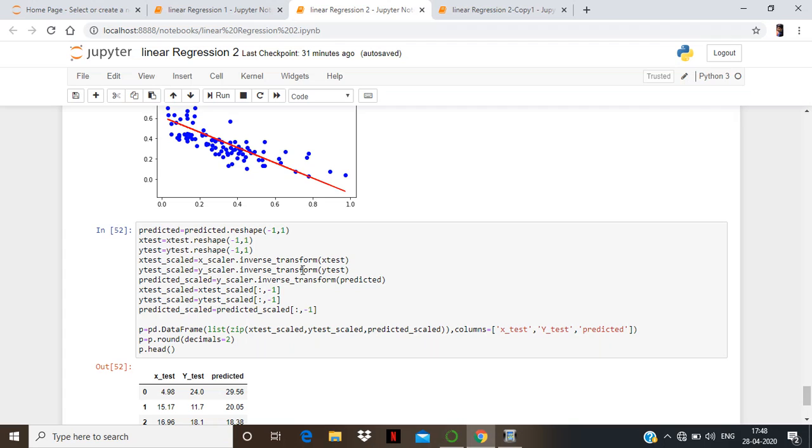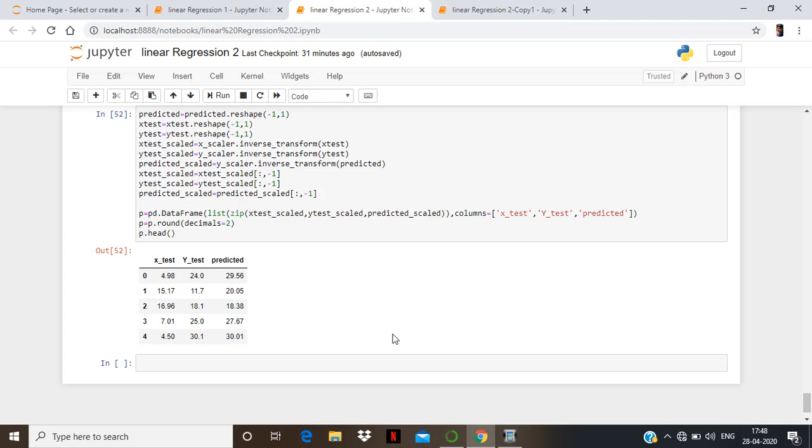So you can see that at the last we get the table with different values of x, and we get the target value and the predicted value. You can see that when the value of x is lower, the difference in error was small, and as the value of x increases, the error also increases, and we have already seen this in our upper graph also.